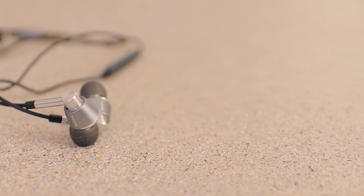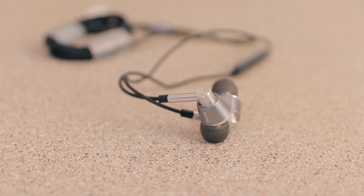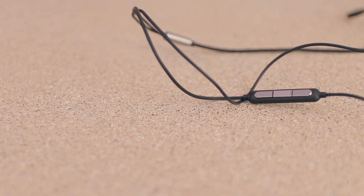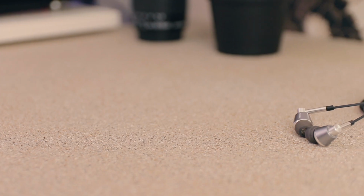Music is also detailed with a good sense of space, and instruments are layered, and complex songs don't sound muddled, with each instrument being very audible. While there are more detailed in-ear headphones on the market, you'll have to pay much more for the minute increase in performance. Now, these earphones come with a 3-button remote which works on iOS and Android, which most earphones can't